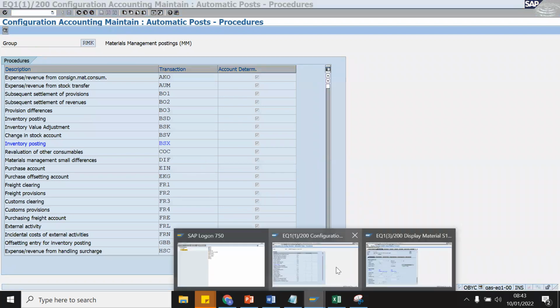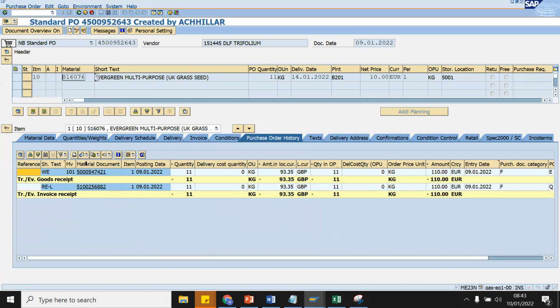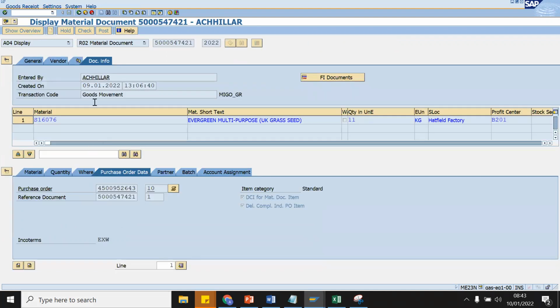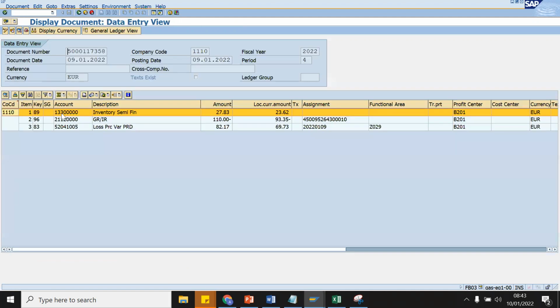So if I go into this PO now, which I've just created as an example. So when this material is procured from this vendor, then when you do the goods receipt and we receive this material into the storage location or into the warehouse, you can see in the document info in the FI documents that this is actually the same account, 1330000.